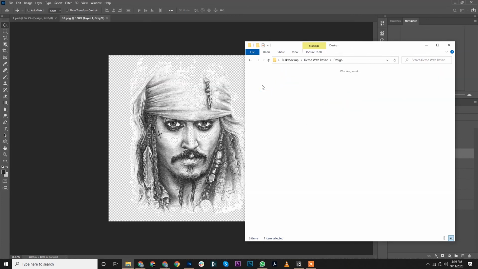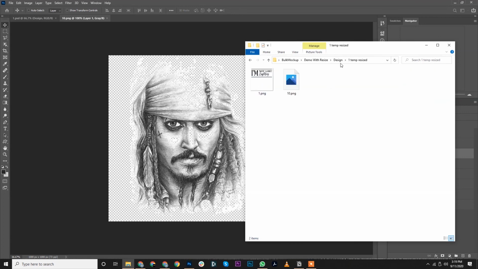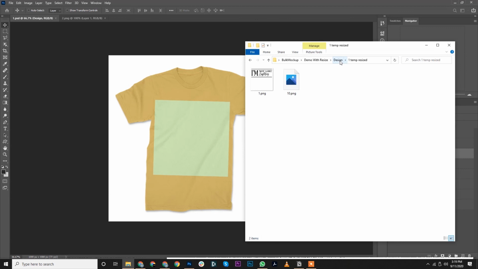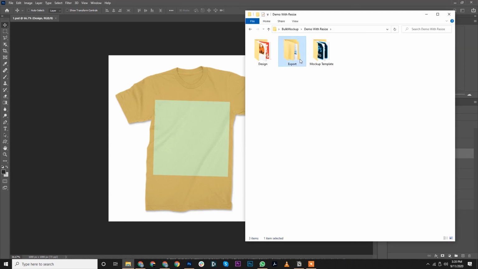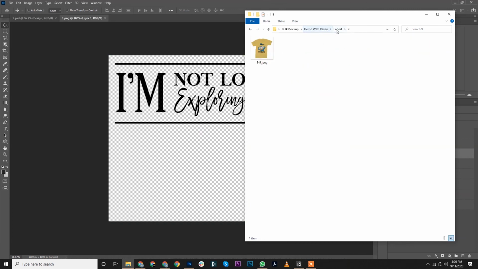If we open the design folder, we can see a new temporary folder is created. Bulk mockup is resizing the design files and saving them in this folder. Once all designs are resized, it will pick the file from here and then replace the design. And finally export in the export folder. We can see new folders are being populated in the export folder. Bulk mockup will repeat the same workflow for other mockup templates.